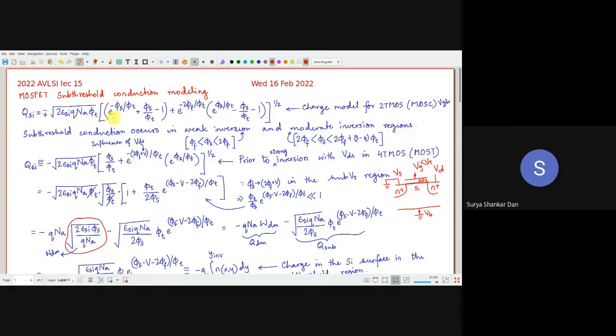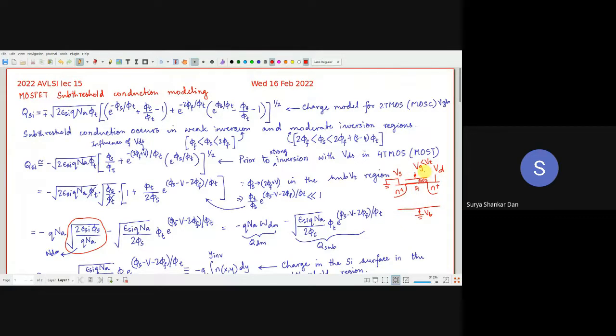This is a constant, let us not bother about it. Notice there is phi s, which is the surface potential. Again, it is the potential that is varying on the surface, on that particular interface, not the voltage which is applied on the terminals. This is something very crucial, because the device experts usually think in terms of what is going on inside the device.